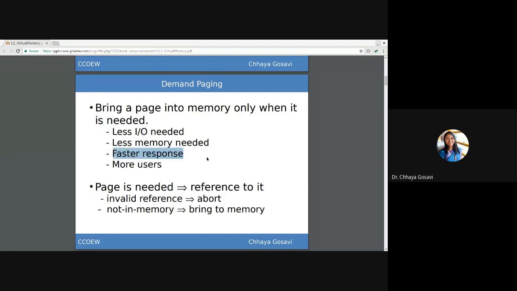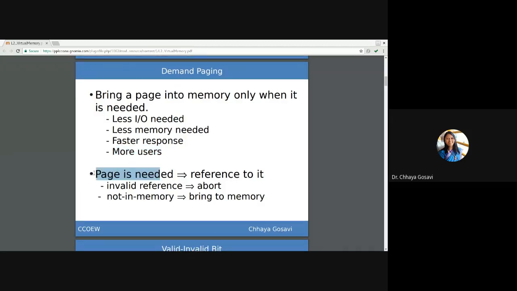The memory management unit does not need to check for 100 available frames, only whether 10 frames are available. If 10 frames are free, the process can be loaded into main memory. So it gives a faster response, and many users or processes can be loaded into main memory at a time. These are the advantages of demand paging or virtual memory.